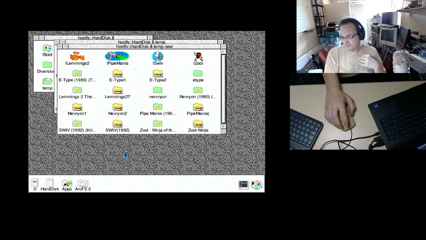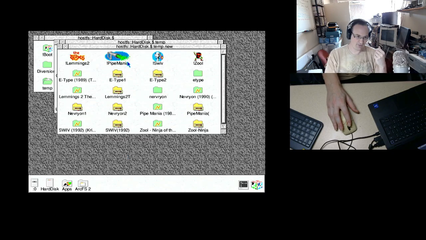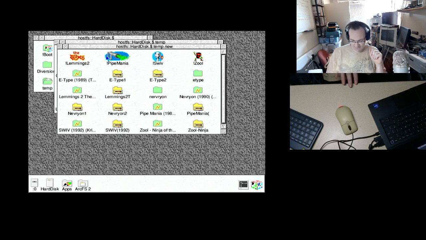But a lot of these programs don't like the later processors, so a lot of the emulation drops off because it's running as a high one. In fact, a good example of that is Pipe Mania. This is running as a StrongARM RISC PC, which has